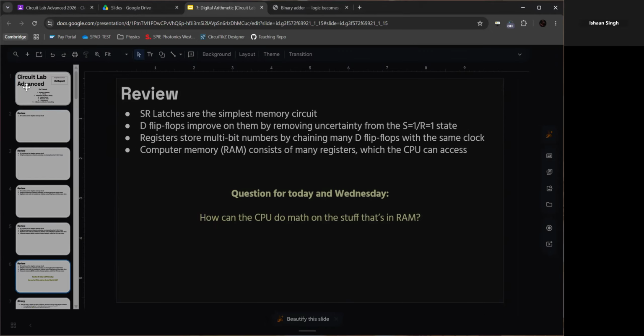So the question that we have now is, how can the CPU do stuff that's in RAM? We have all these numbers in binary, so we have a bunch of ones and zeros. What if I want to do addition or multiplication or subtraction or something more complicated? How do I do those operations in the CPU? So today we're going to talk about, once I have the numbers available to me, how do I do the